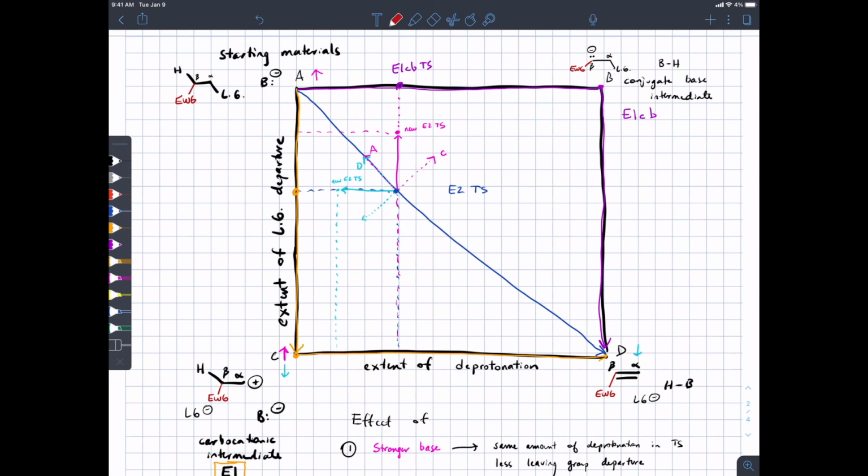Okay? So, what do you think? Which corner would be most affected by the electron withdrawing group on the beta carbon? Most affected in terms of